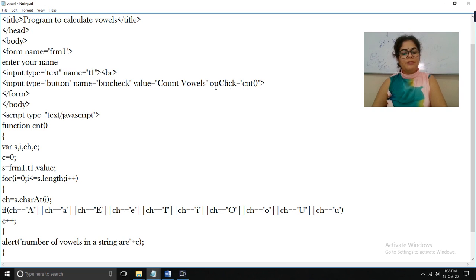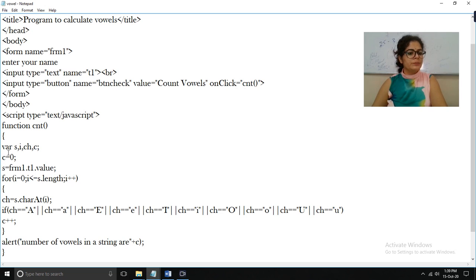As I have applied on click equals to CNT, the meaning of this line is that when we click on the button, it will move us to this function and execute whatever we define inside the function. So let's start with the function.